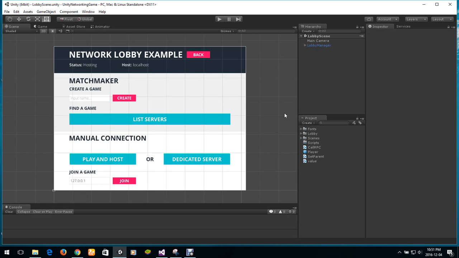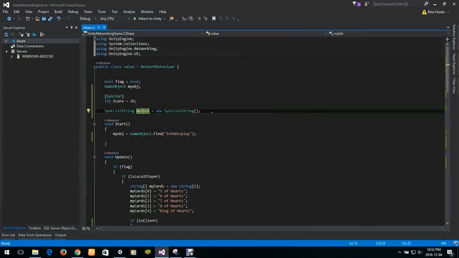The collection of these things are called lists, and these lists can be synchronized over the net also. So Unity provides us some basic sync lists which we can create in our games, and whenever we update them on the server, those lists are updated and they are synchronized to all of the clients. Alright, so let's actually go ahead and show you